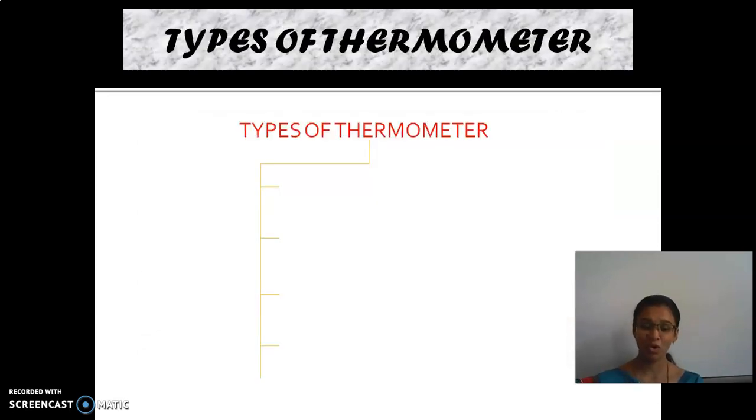So, types of thermometer. There are different types of thermometer. For measuring time we use a clock or watch. For measuring distance we use a meter scale or tape. For measuring weight we use a balance, physical balance or digital balance. Likewise, for measuring temperature we use a thermometer, and there are 4 types of thermometer. So how many types of thermometer do we have? 4 types. We will be seeing this in the